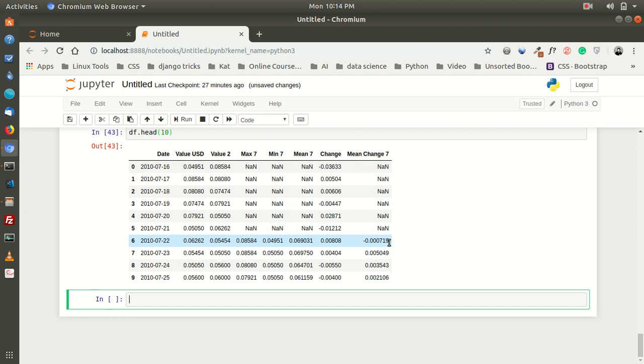If the value is above 0, it means things are going down. If it's a positive, things are going down. If it's a negative, things are going up. Yeah,